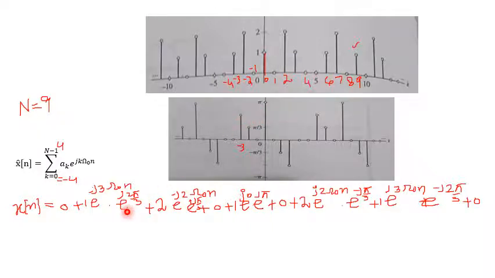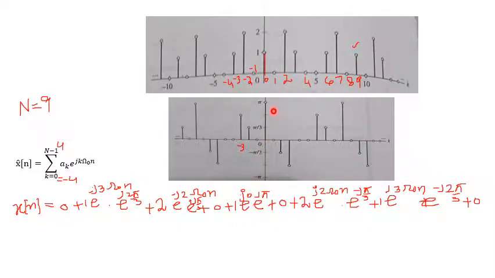So the phase will be 2 pi by 3, then plus 2, here the corresponding phase is pi by 3, so 2 into e power minus j 2 omega naught n into e power j pi by 3 plus 0, because at minus 1 it has value equal to 0, so anything multiplied by 0 will result into 0, plus at 0 we have 1, so 1 multiplied by e power j 0,